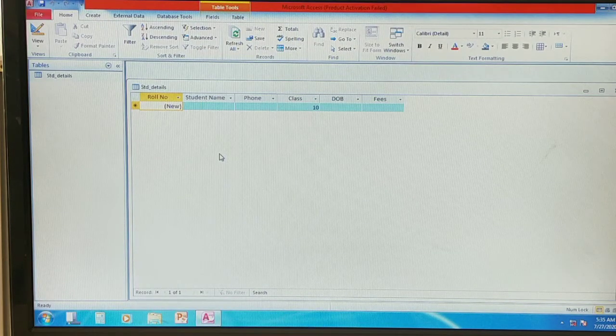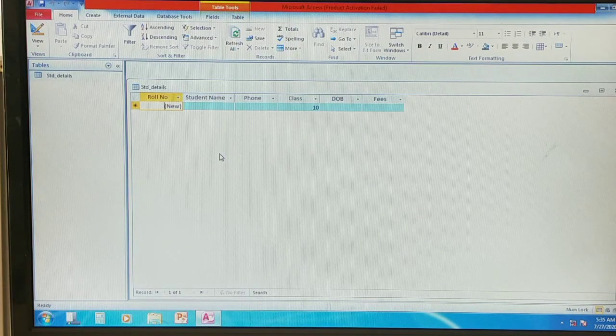That is the definition of primary key. So this is the primary key concept in database.